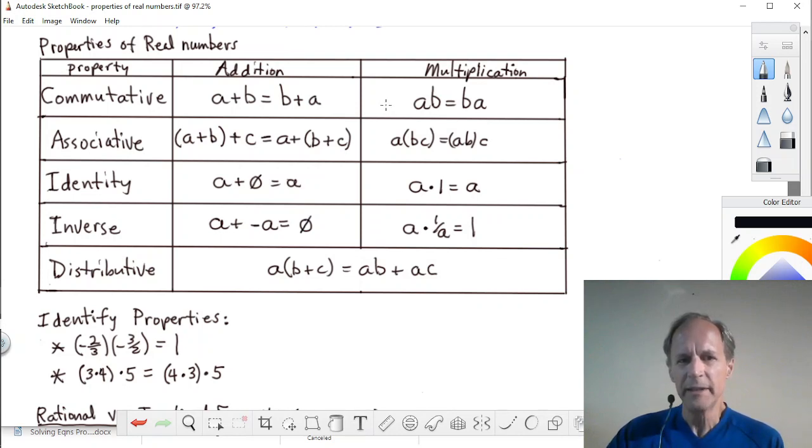Basically, human beings decided these are good properties to use. It's a decision made by mathematicians over the years. Somebody came up with this, and they kind of agreed, yep, let's do that. But why? Why did they pick these properties? And you've probably realized when you look at these that they make sense as properties.